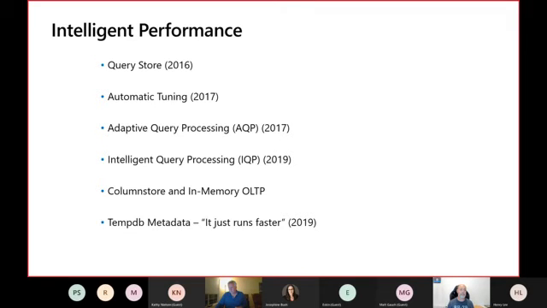Also, in 2017, started this new concept of adaptive query processing that then in 2019 was not only renamed, it was changed for something a little bit better and with more capabilities, which is intelligent query processing, right? Also, the possibility of having columnstore and in-memory OLTP helps us a lot in terms of performance.